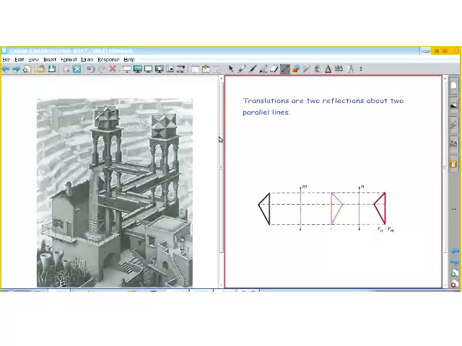So if I think about rotating this thing around this line, I'm actually doing that, and then I do it again, and it comes back to the front. Why did I have to do it again? It's really that I'm reflecting it like that, and then I'm taking it like that, and it comes back to